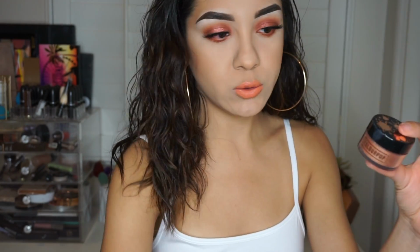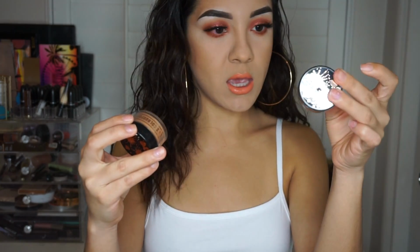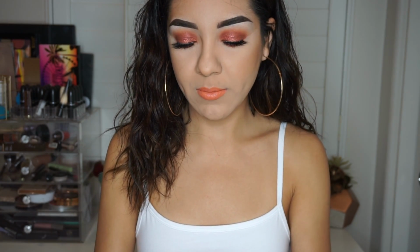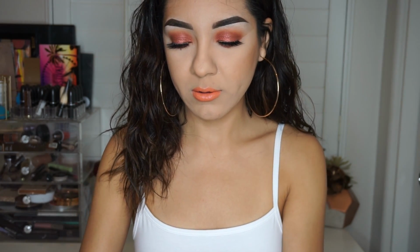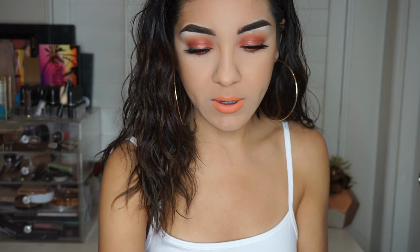So for highlight, she did come out with two. She has Boomin' and Pose. But I feel like Pose is a little bit too dark for me. Like, I really like this for my body. So I'm going to go ahead and use Boomin'. And I'm not a big fan of loose powders, I mean, loose highlights, but I really wanted to try them out because I feel like her highlight is always